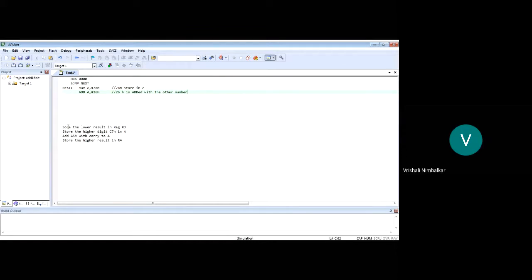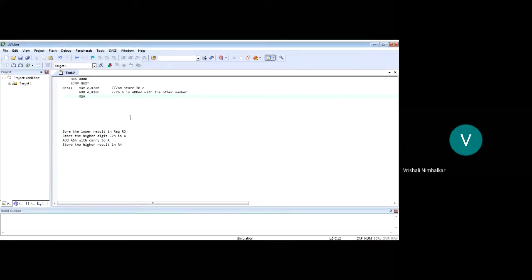Now I'm going to store the result in register R3. That is my next step. The result is in the accumulator. Whatever the result in the accumulator is, it is to be stored in R3. Tell me the instruction. It is a data transfer, so MOV.